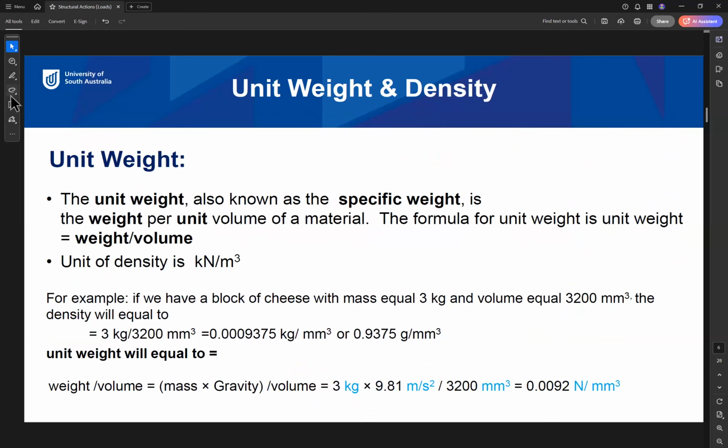So here we will learn about the unit weight. What does the unit weight mean? The unit weight can also be defined or known as specific weight. So unit weight or specific weight of the material. Okay, so the unit weight is given to us in the